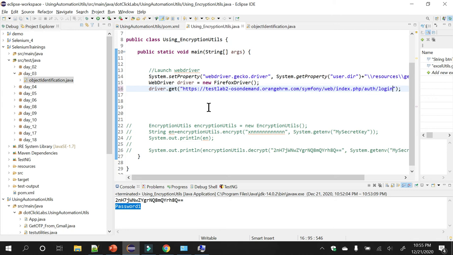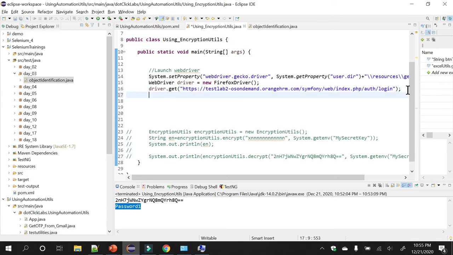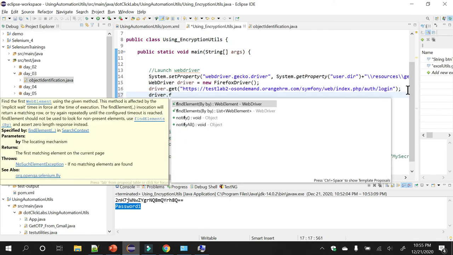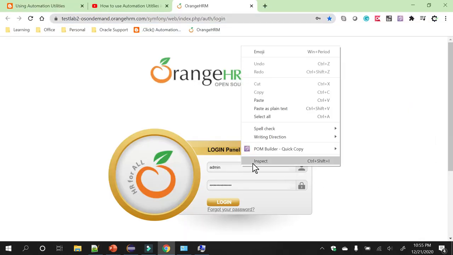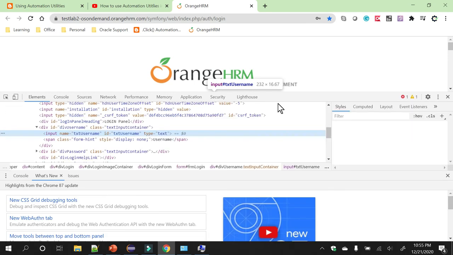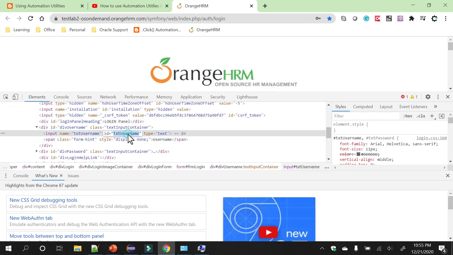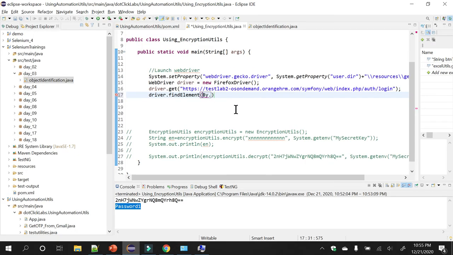Okay. And now driver dot find element by dot, we need to enter the username, right? So right click, inspect. What is the username it has? ID equal to text username. Copy this and paste it over here. By dot ID, copied, so that we need to use by dot ID